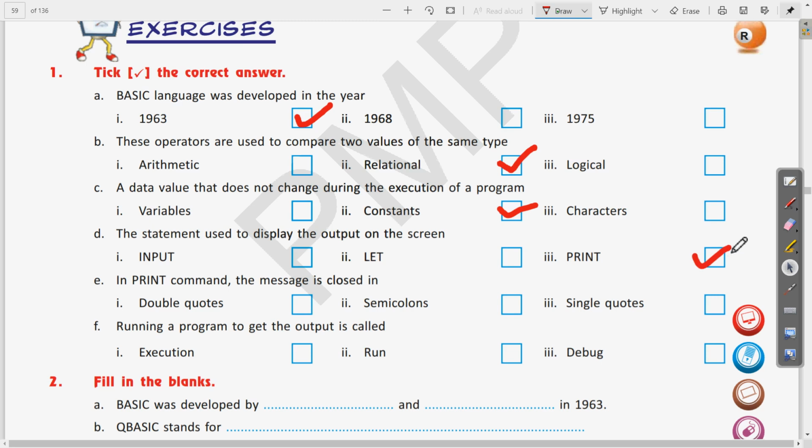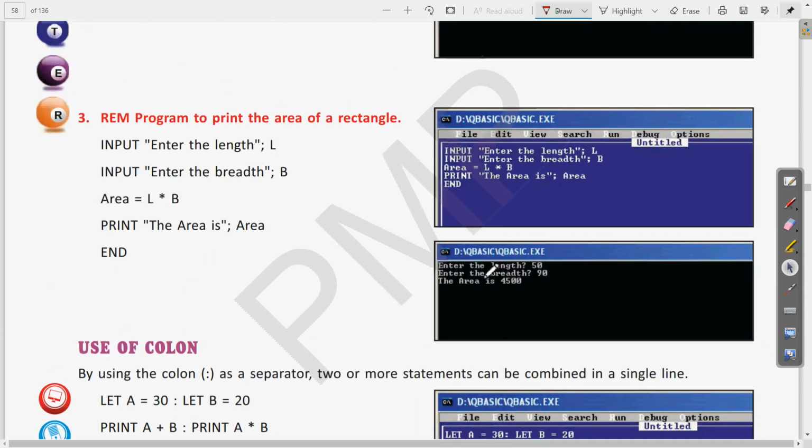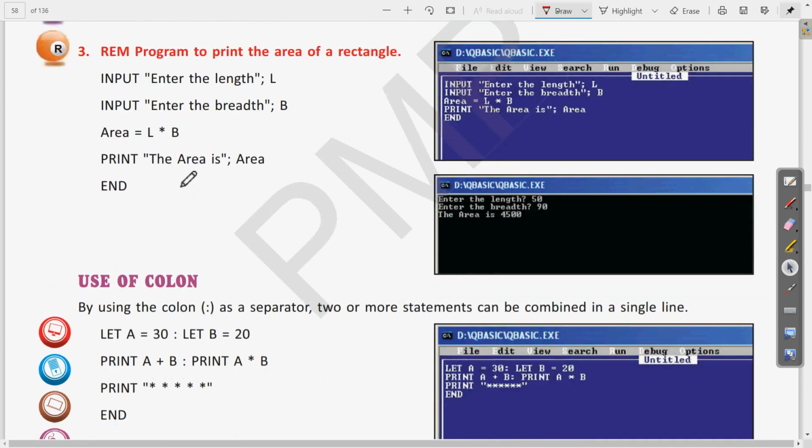Okay. Then question number E. In the PRINT command, the message is enclosed in double quotes, semicolons or single quotes. We have seen this in the PRINT command. If we go to the previous pages also, we can see that whatever PRINT statement we are writing, if there is a string, we write this string in double quotes.